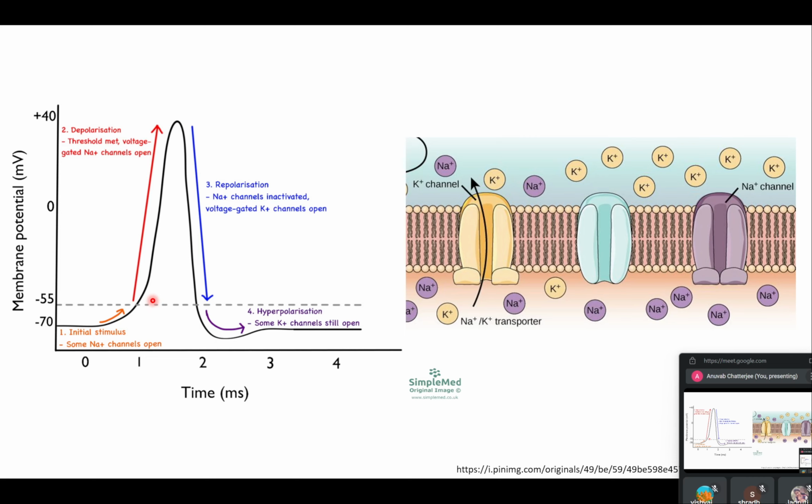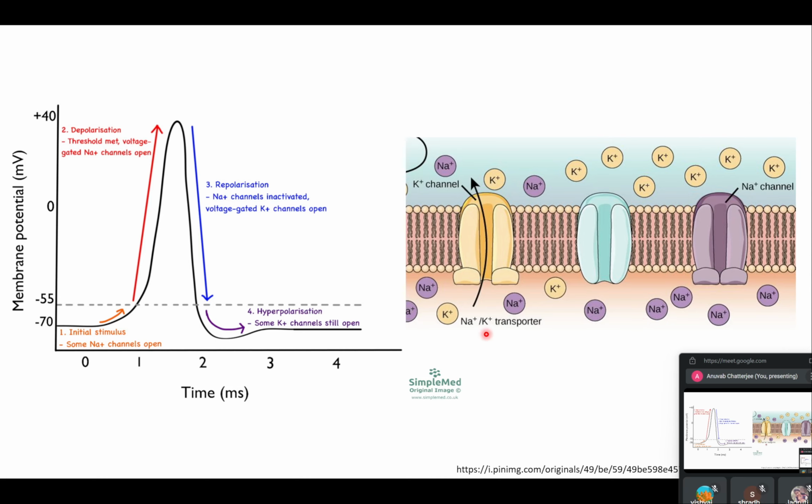So due to the same stimulus of the membrane potential crossing the threshold potential, the sodium channels opened up. This same stimulus actually opens the potassium channels, but the potassium channels are very slow, so they will only open up around the time when the sodium channels are already starting to close, so around the peak. Once these open up, as we know that there is a lot of potassium inside the cell as compared to outside, the potassium starts to flow out in a rush.